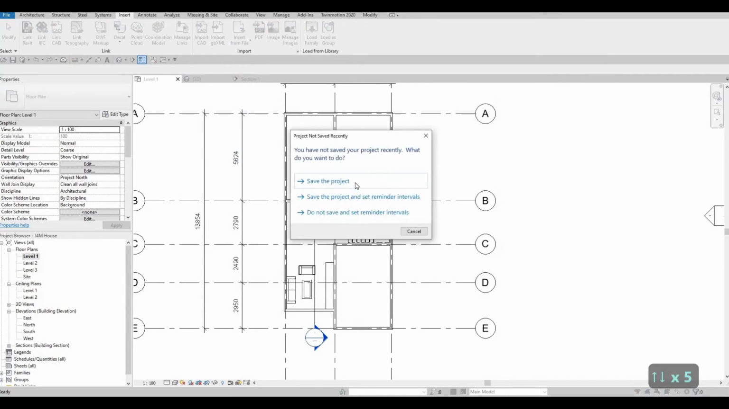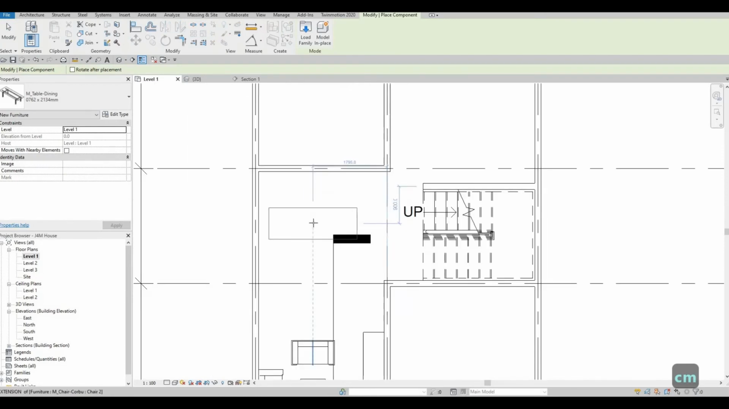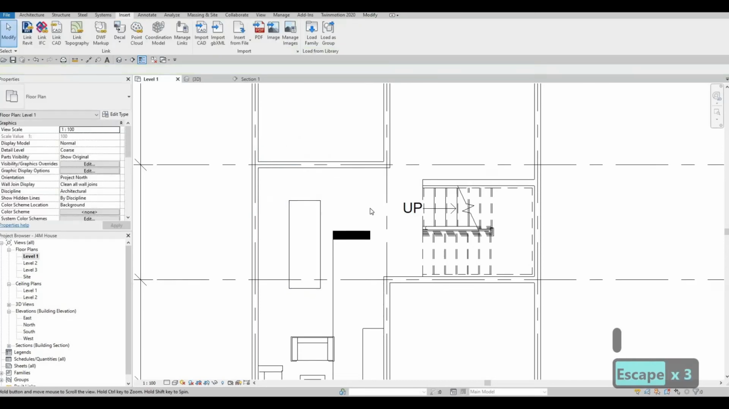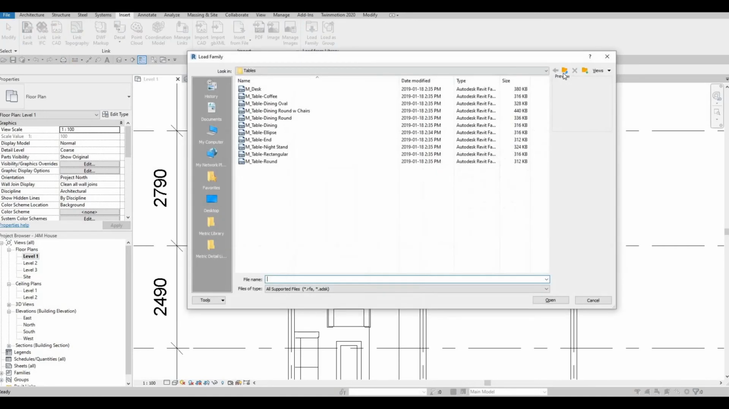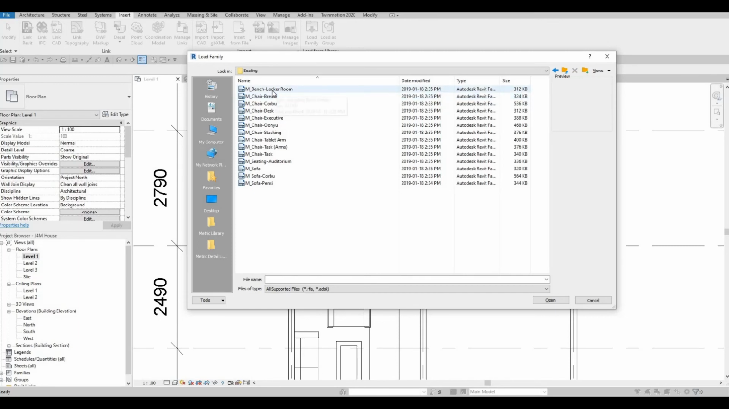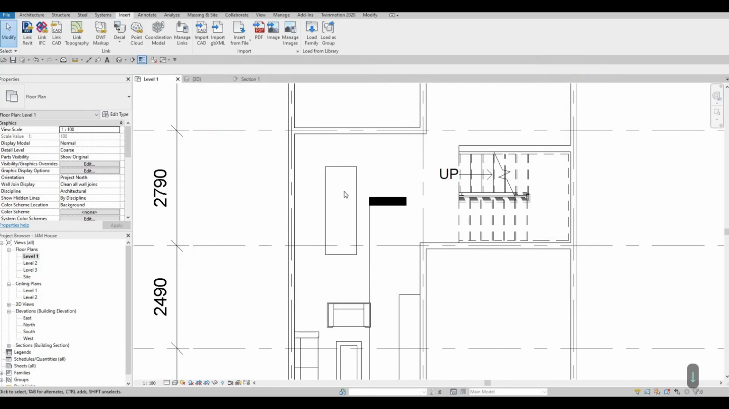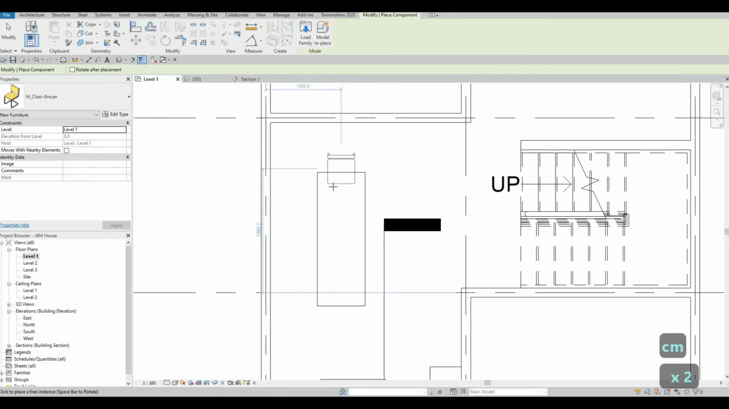So I'm gonna press OK. Let's save that first and then type in CM. And we could add the table right about here. That's good enough space for the area. And then let's load in the chair. So here, go to seating, and then let's look for this one, and then click open, CM, spacebar to change orientation, spacebar again, add right here,